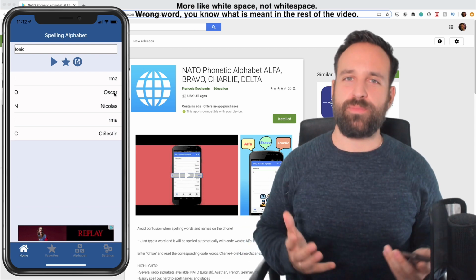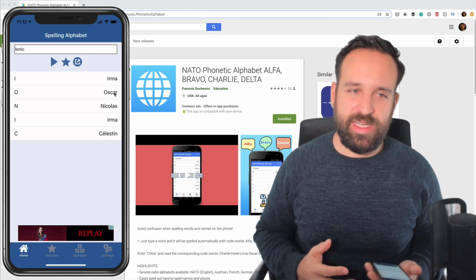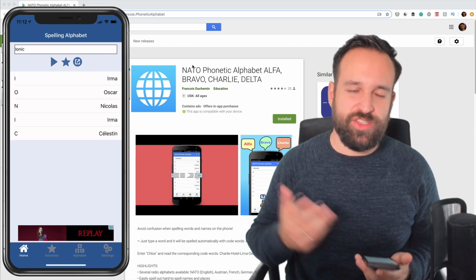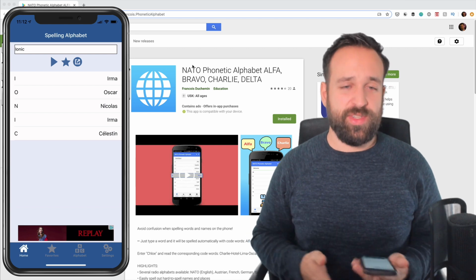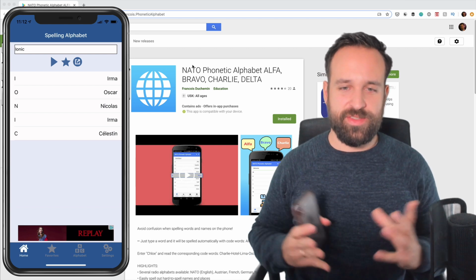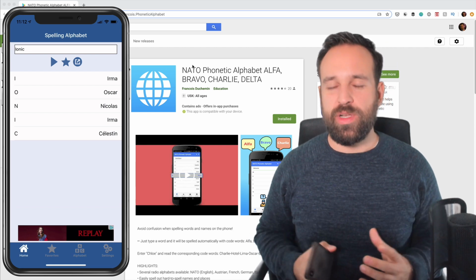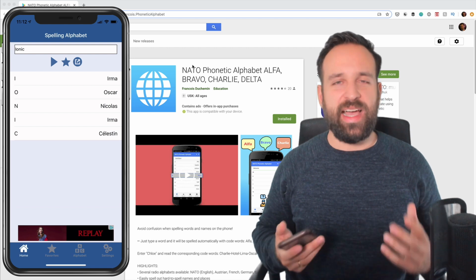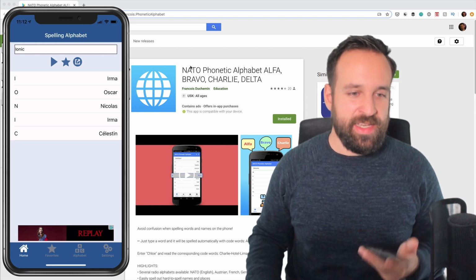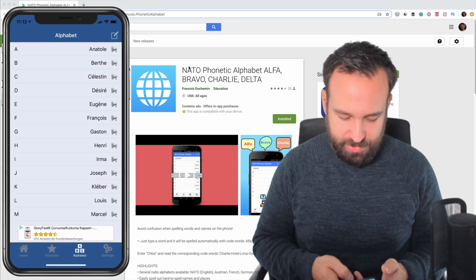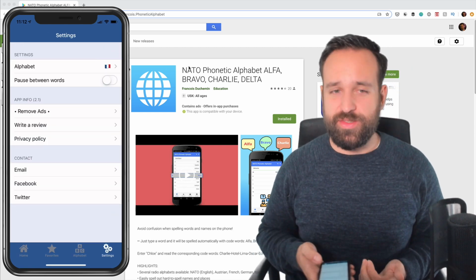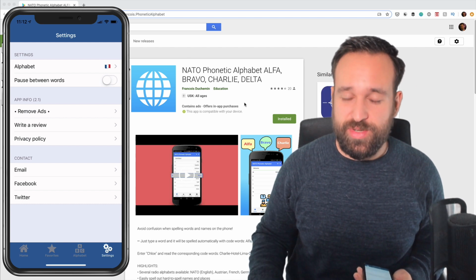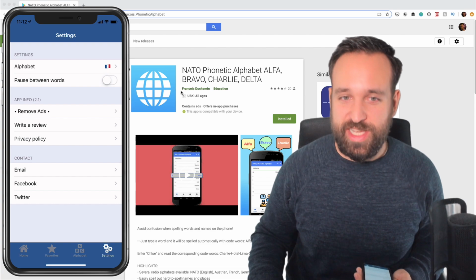Just make everything a bit bigger, give space to icons, to buttons, and don't use too small input windows like here. This might look confusing, you just want to show the information, but definitely giving the user in the app more space to breathe will help to get a feeling that the app is really light and modern. Otherwise, as I said, cool application. I'm not using this alphabet, but I can see the use case, so I hope a lot of users will purchase it. Definitely check it out if you're in that space, and congratulations to